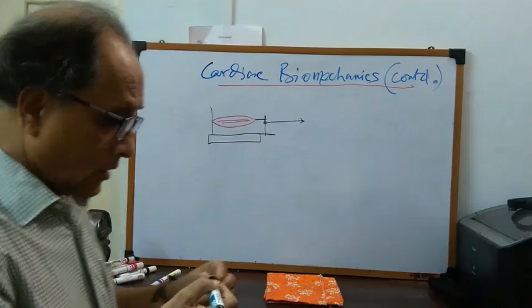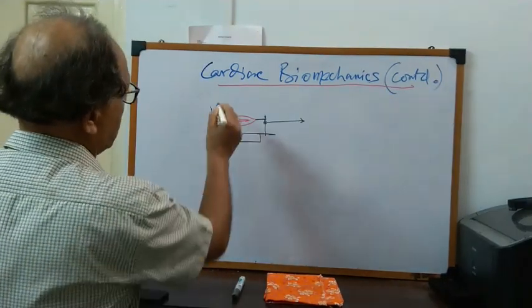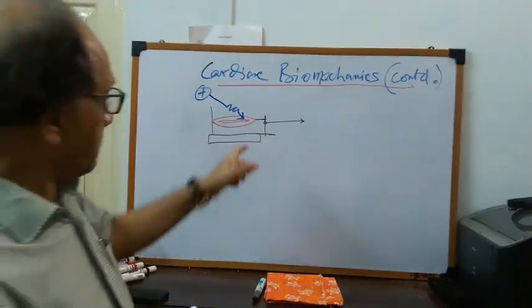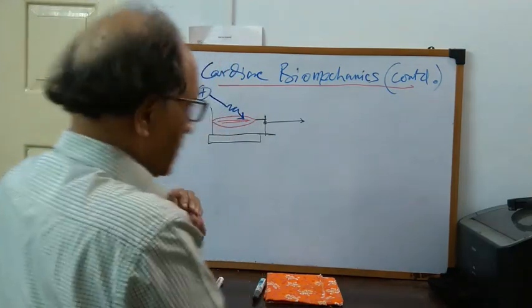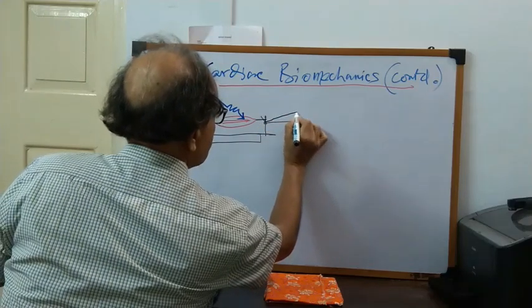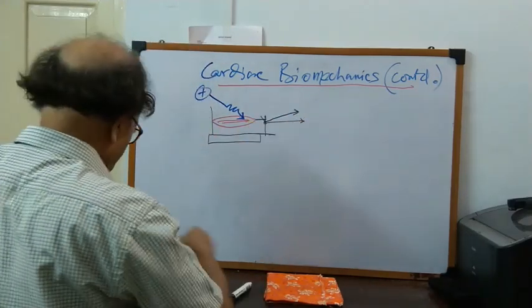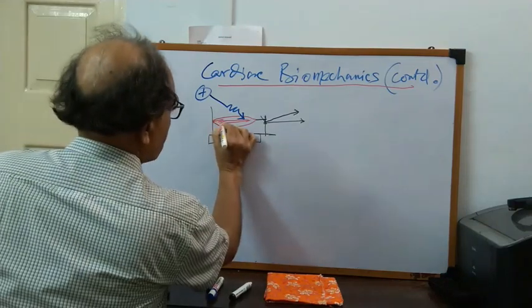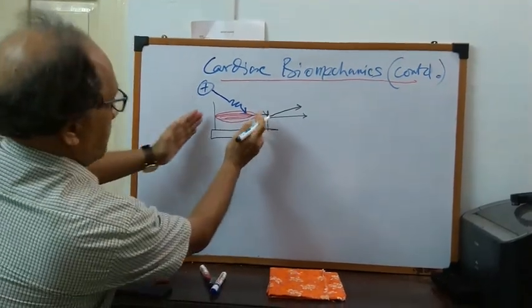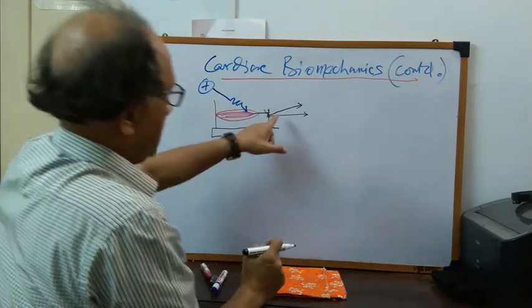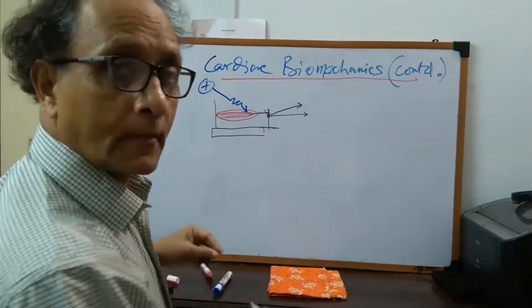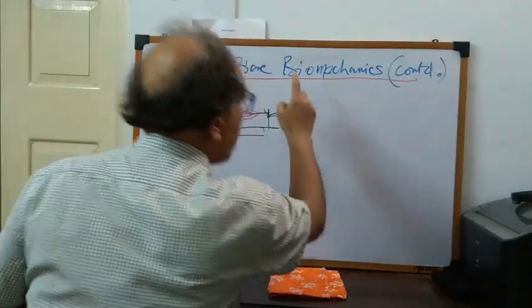So this is the situation. Now in that situation, suppose we stimulate the muscle. If the muscle is stimulated, it will contract, and when it contracts it will pull the load, so the muscle will be shortened, and this is the fulcrum, and the stylus will move up, and this degree of movement can be recorded.